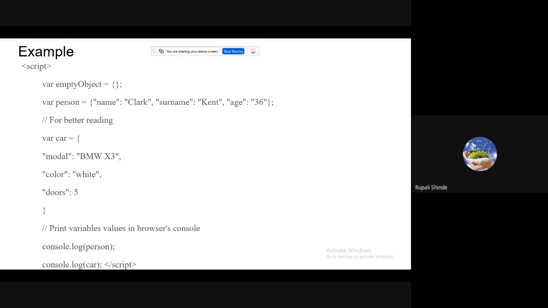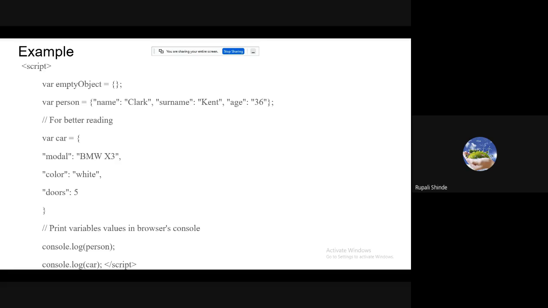Whenever you want to declare an object, you use the keyword var, the name of your object equal to an opening curly bracket, then your first key value pair, where key and value are separated by a colon, and the key value pairs are separated by commas.